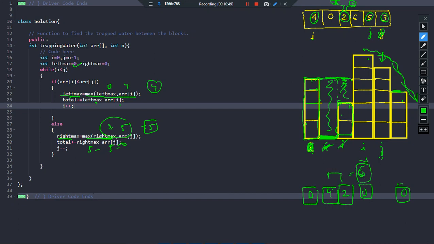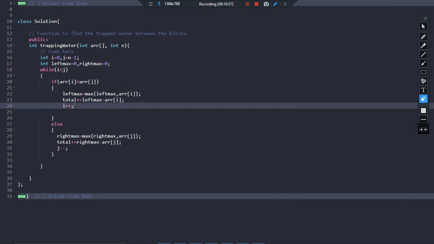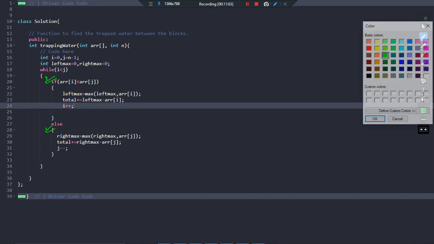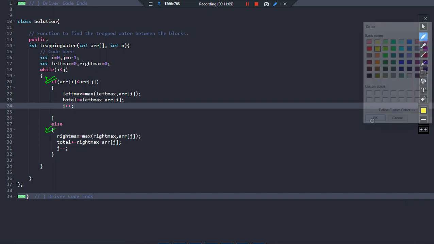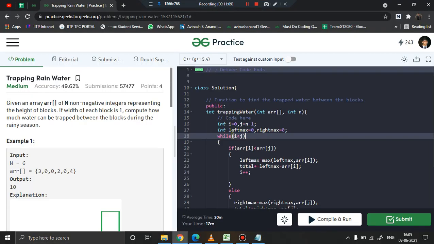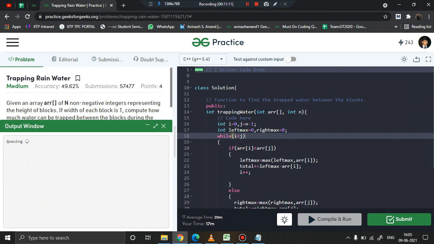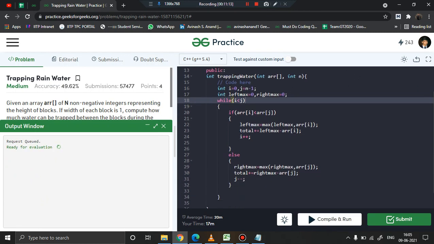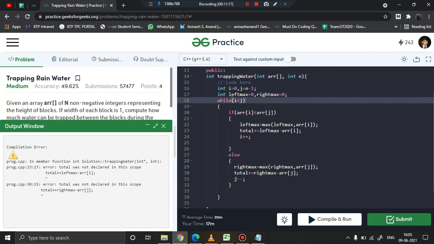Got the point? So this is how we are trying to calculate the maximum amount of water that can be trapped using the 2 pointers approach. I hope you understand the working of this. To get more intuition, you can again perform a dry run, and yes, this problem will work fine, no doubt with that. Let us just compile it and check. So compiling this particular problem, this was a 2-pointer technique. Considering the time complexity, time complexity is order of n and space complexity is order 1.